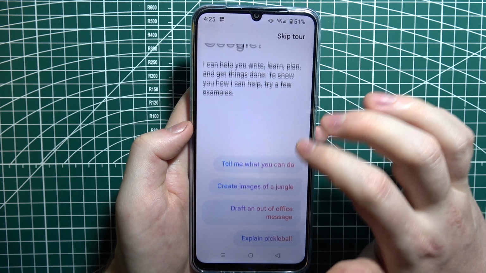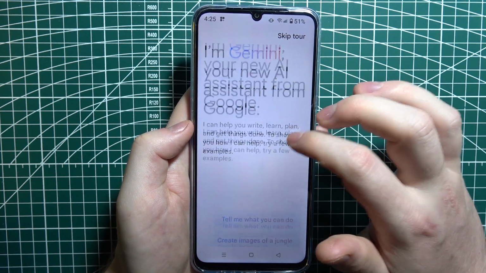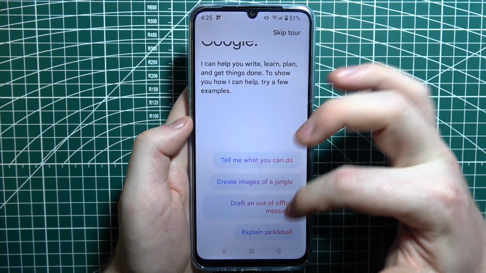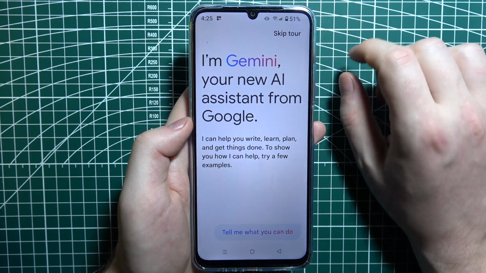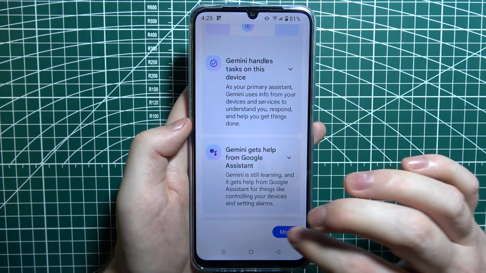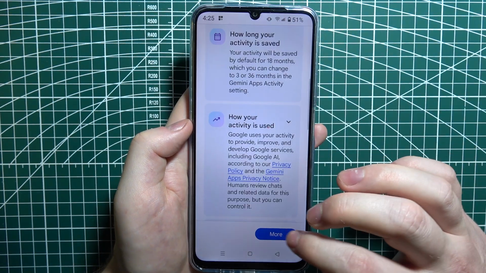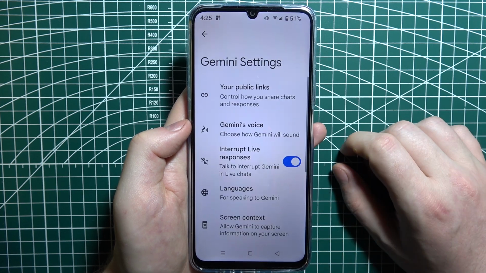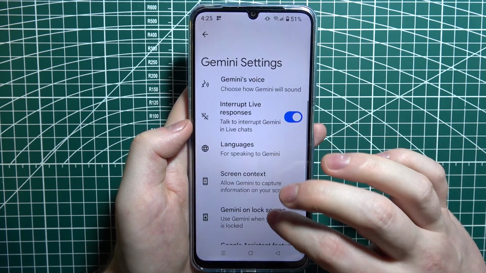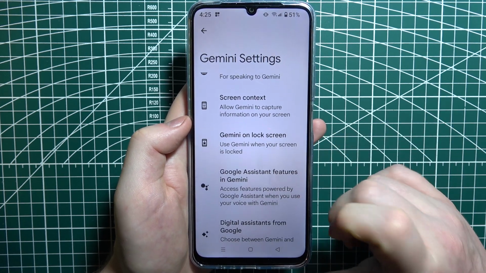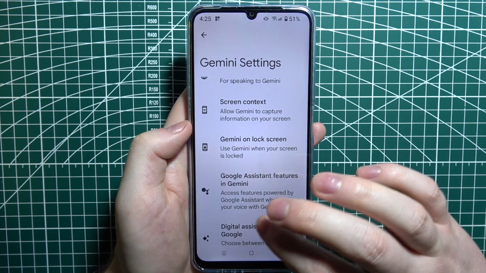And there's an introduction along with the setup, but I'm gonna skip it. You can click on each of those to learn more. I just want to show you how to enable or disable it. So, more, use Gemini. Now it should be set as our default assistant, but we can confirm it by